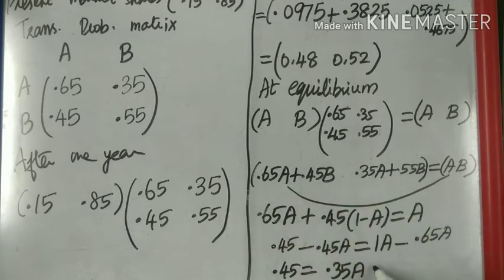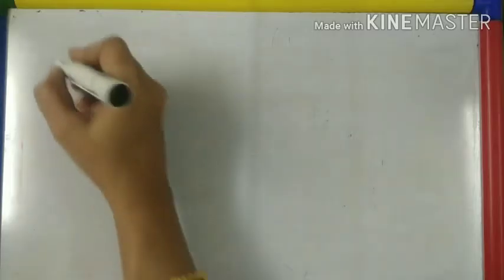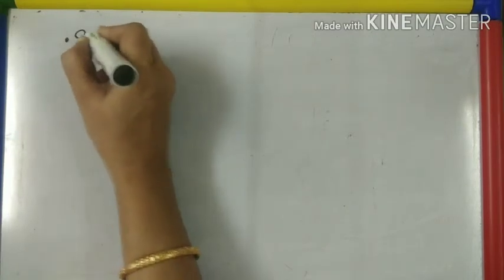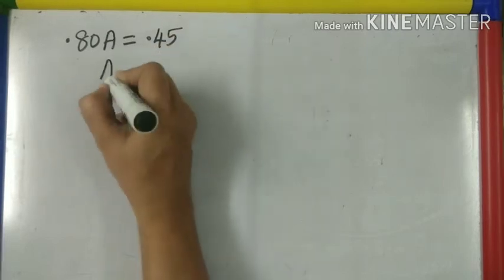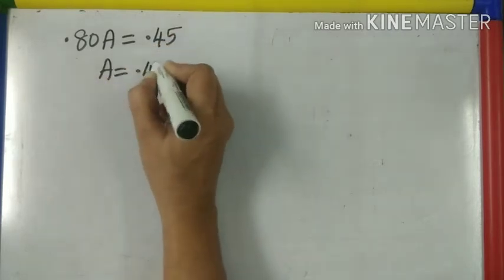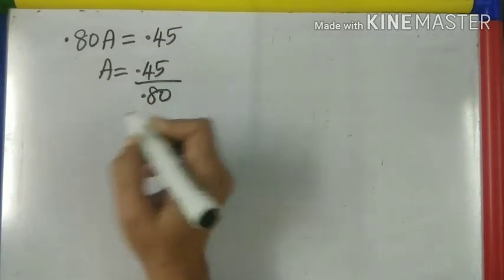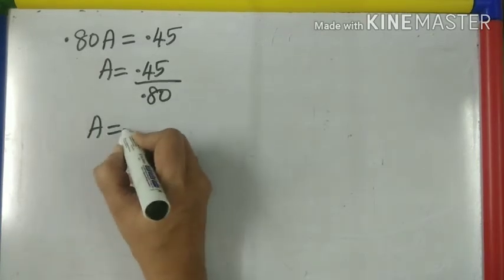Bring minus to the other side plus 0.45A. So we get 0.80A is equal to 0.45 or A equal to 0.45 divided by 0.80, that is